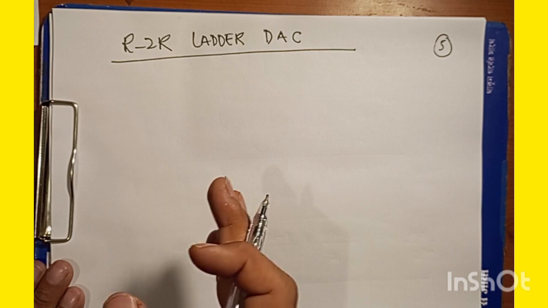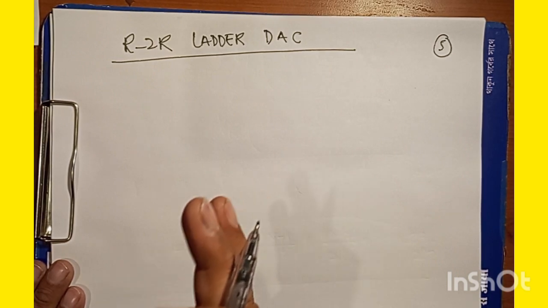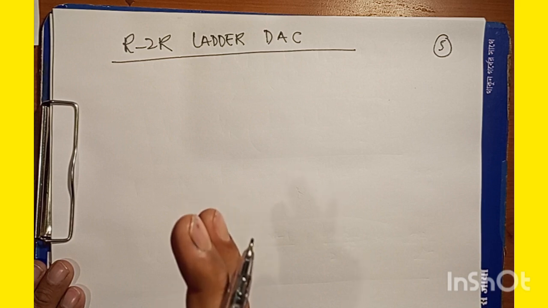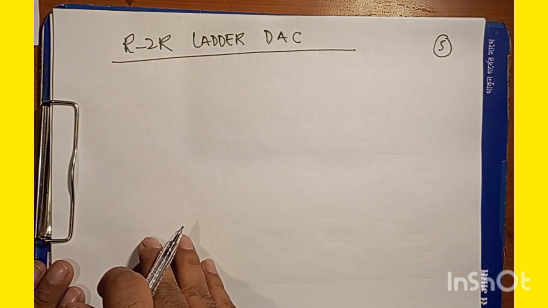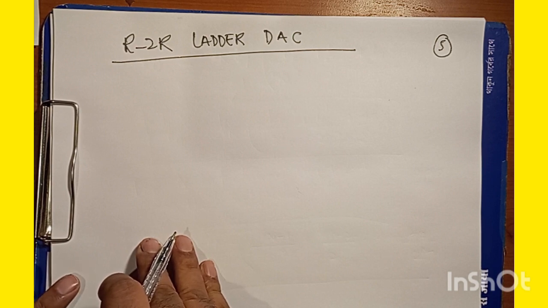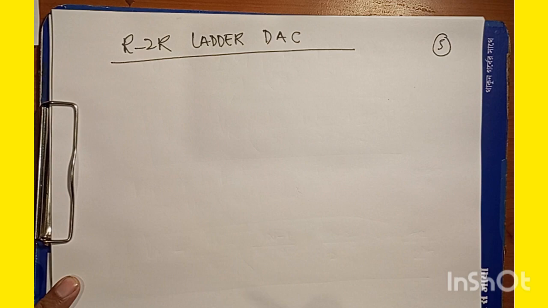So there is a sophisticated ladder network that's used where the precision is very good. The same analysis we would like to have here. We would like to go with the circuit diagram for this 3-bit